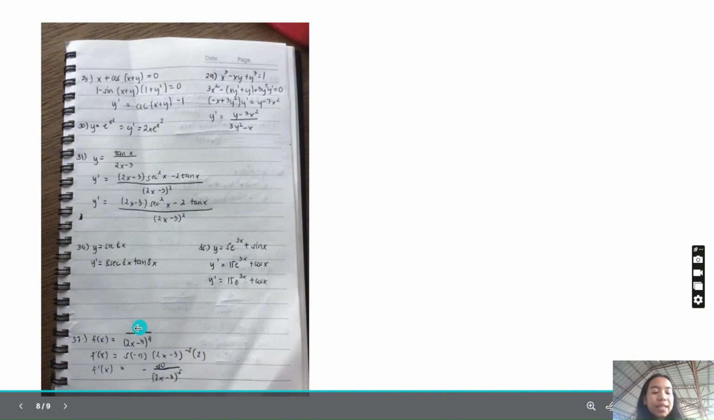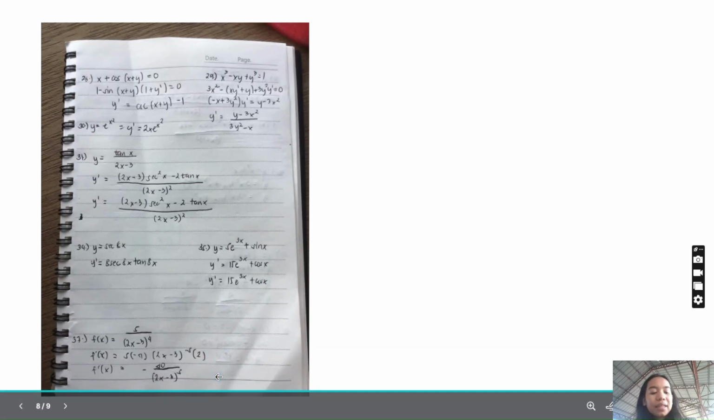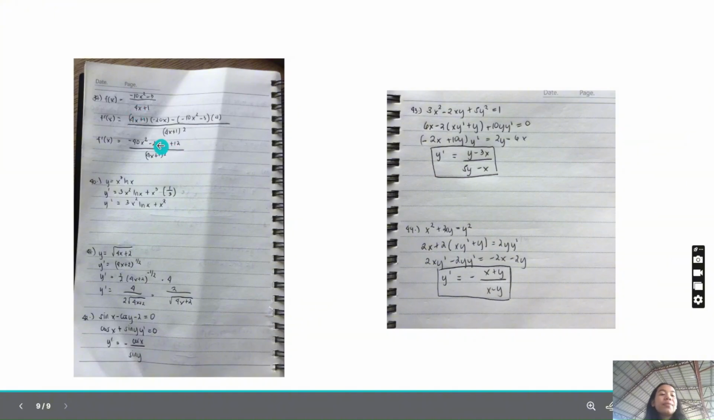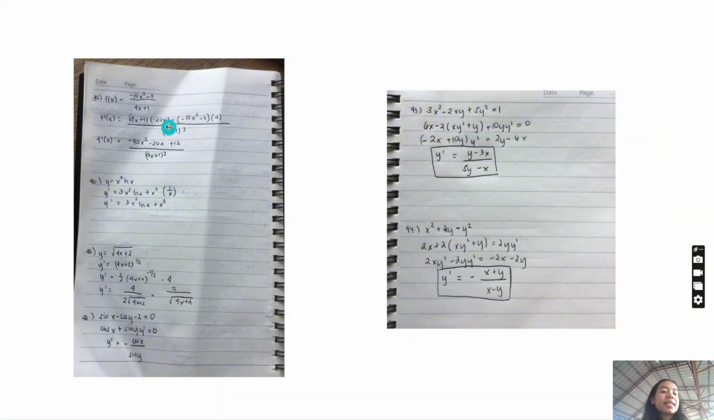So 5 times negative 4 times 2, that would be negative 40, and I just put as the denominator the (2x minus 3) to the power of 5. Because again, when we have a quantity that has a negative power, that would be directly put as the denominator when we are going to simplify our answer. So therefore, our answer for number 37 is f prime of x equals negative 40 all over (2x minus 3) to the power of 5. That's number 37. Moving on to number 39, we have here f of x equals negative 10x squared minus 3